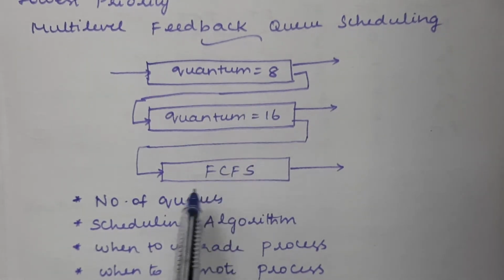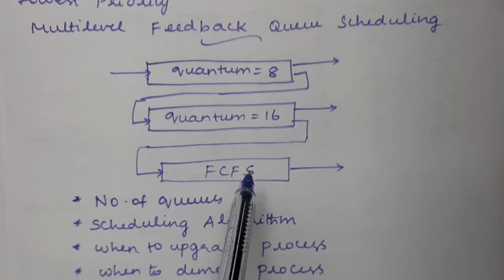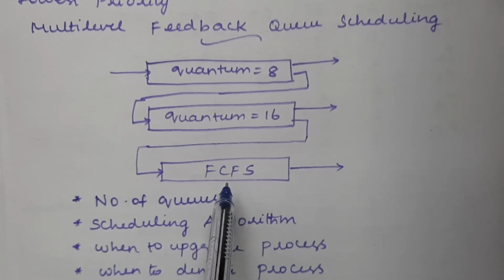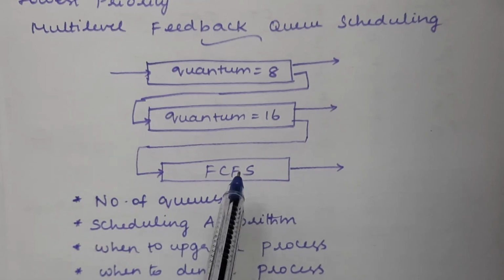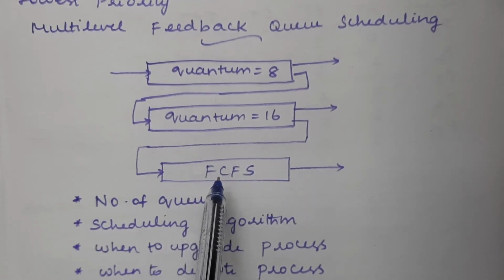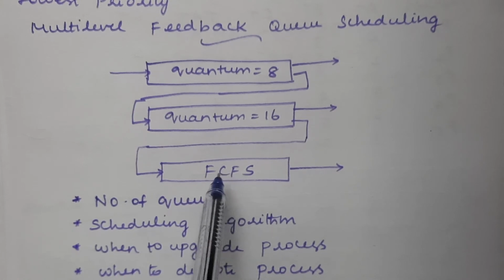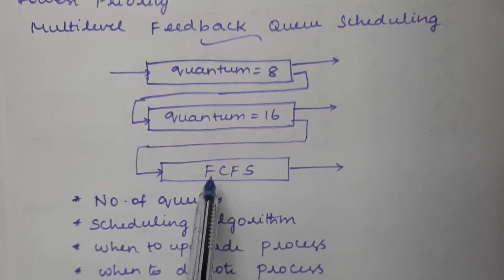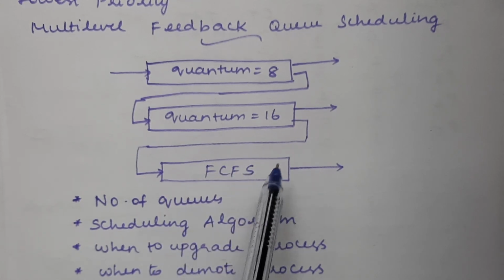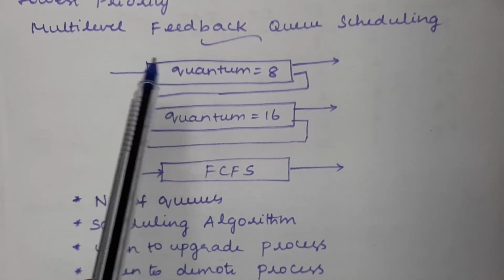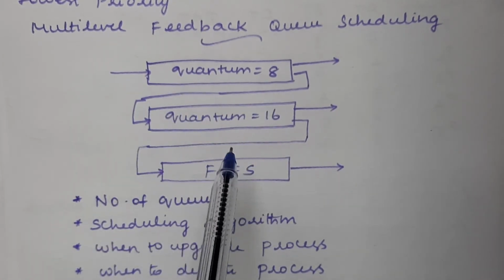Okay, so here we have the third level of queue as the final level. All the processes that enter this final level of queue will follow the FCFS, first come first serve, scheduling algorithm. Here we are not following round robin because this is the last level. Whichever process enters has to complete its operation, so we are not setting any time limit here, and we cannot follow round robin at the last level of queue. So we just follow FCFS. Obviously all the processes get completed at this level. It cannot be moved to the next level because we don't have a next level, right? So this is the concept of multi-level feedback queue scheduling.